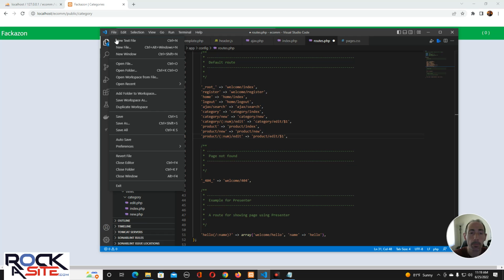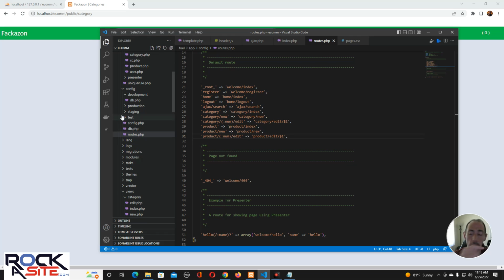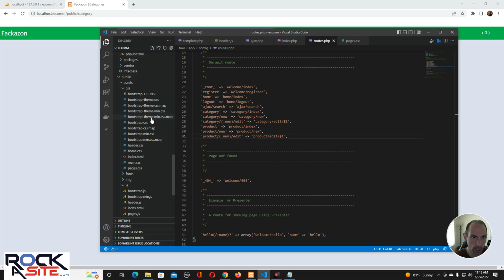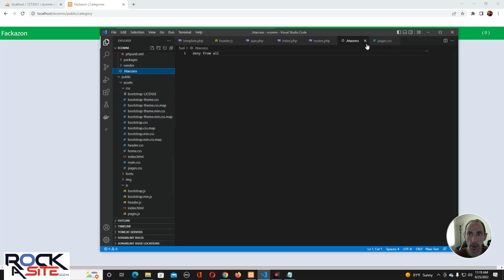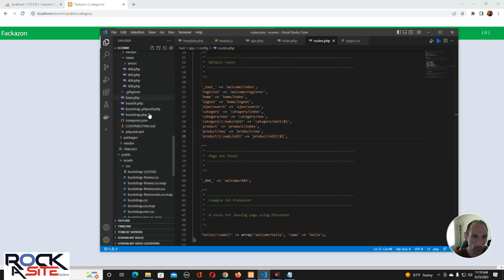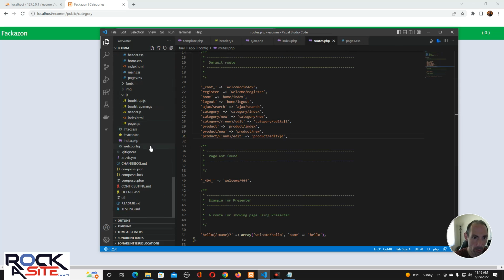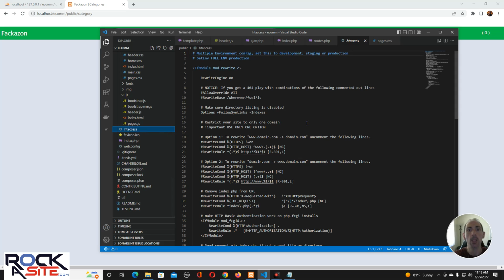Again, let me just explain this to you, the way this works. This is the way FuelPHP and a lot of frameworks work. Everything is htaccess, and you can see the htaccess. Now let me just find one right here, htaccess. Denied from all. That's not a good htaccess. Okay, let me look at one that's a little bit more thorough. Where are you? htaccess. If you look,